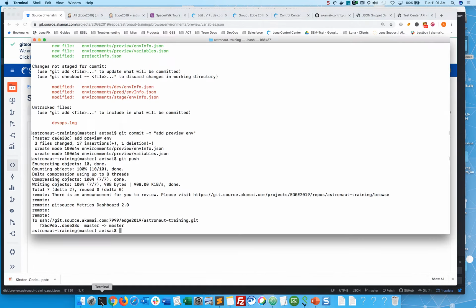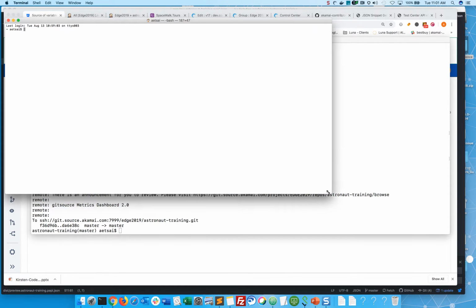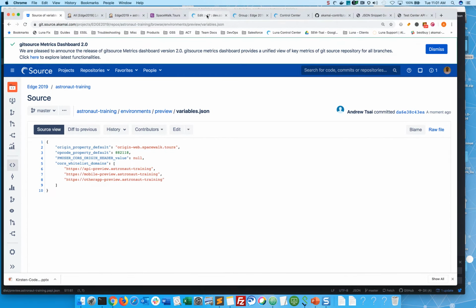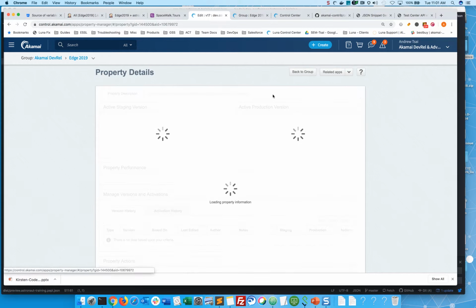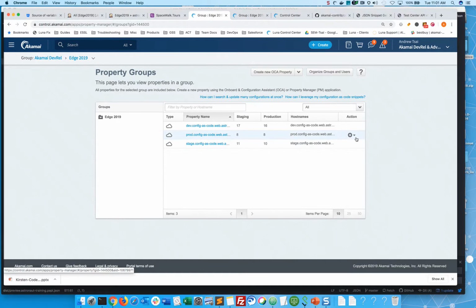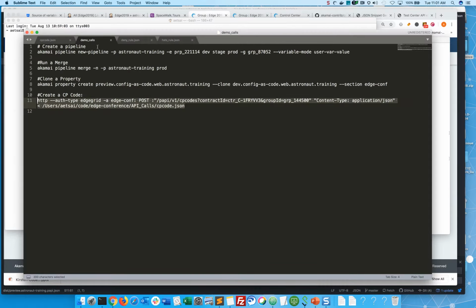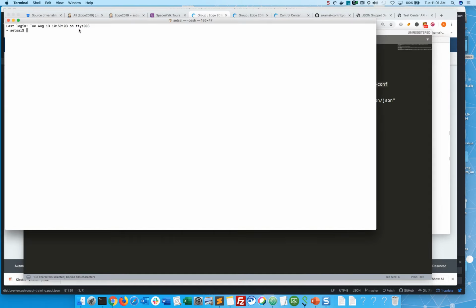So I'm going to actually now clone a, let's say the prod config, or really any config. I need a placeholder. I could either go into here as well and create a brand new one. So I don't have a preview config here. I could clone one of these. I'm actually going to run an Akamai property clone command as well to do this. So the way that can be done is through something that looks like this. So I'm going to take the existing dev, and I'm going to clone